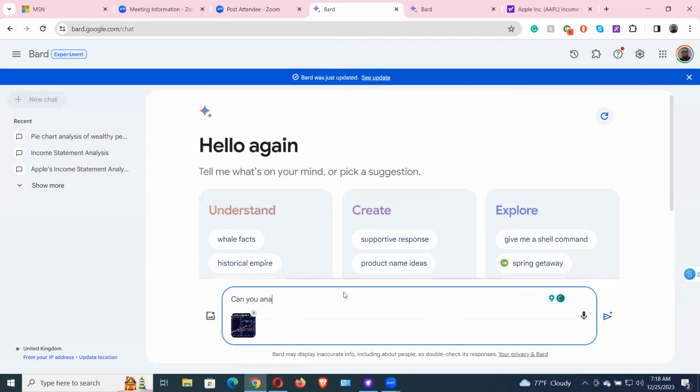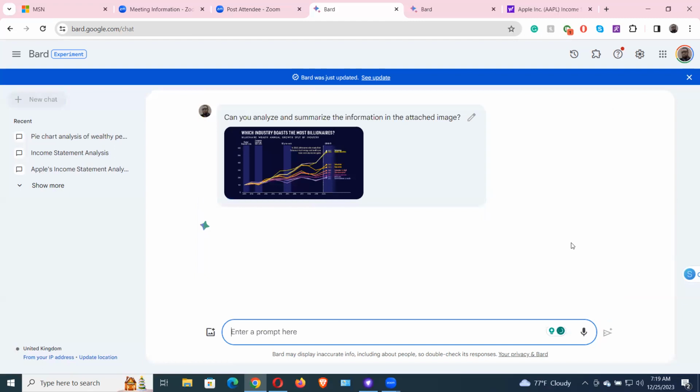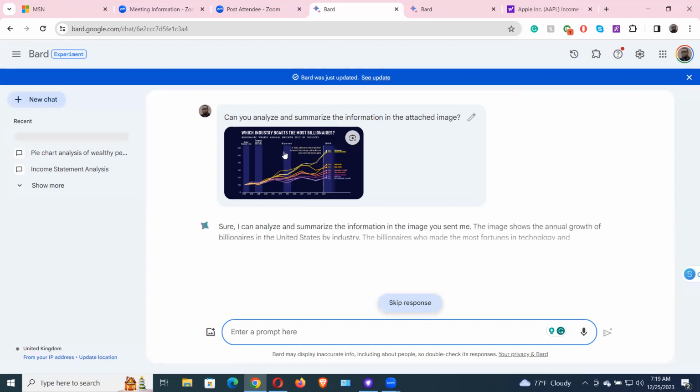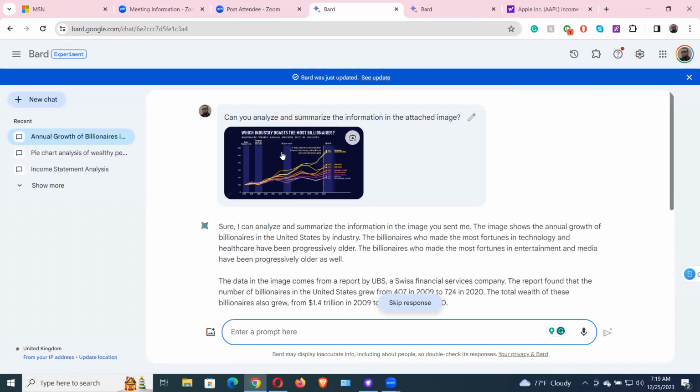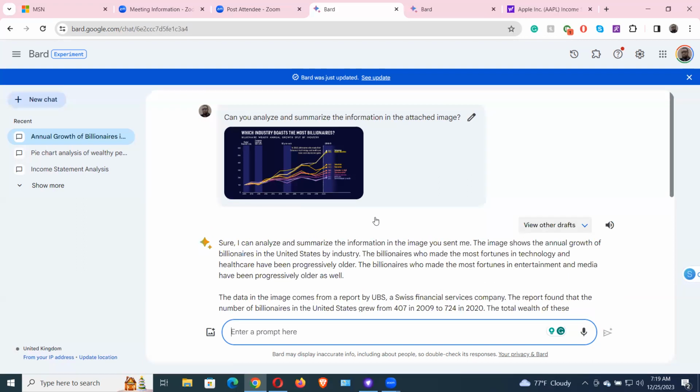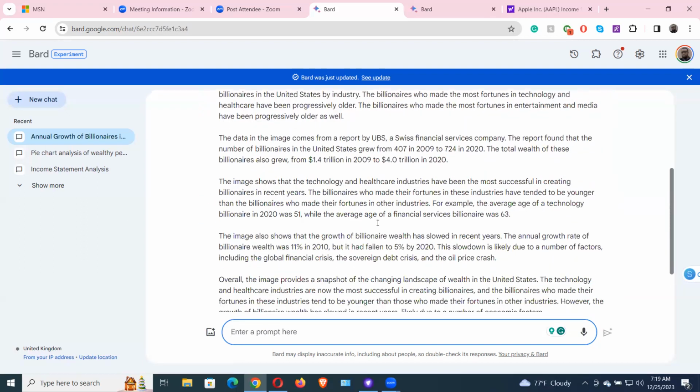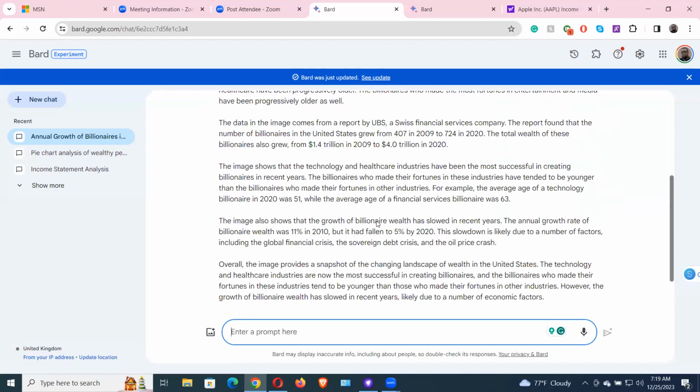Can you analyze and summarize the information in the attached image? Okay, so if I were to do this, and obviously I can click on this, or I can go to the folder where that image is and take a closer look at it. But sometimes you might not get all the information, or you might not think about certain things that the image actually tells you, but it may